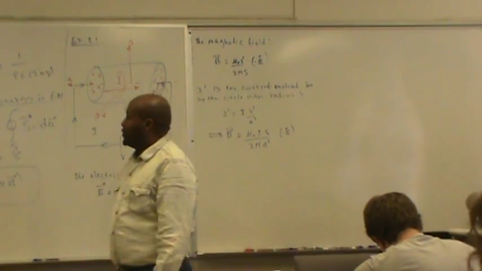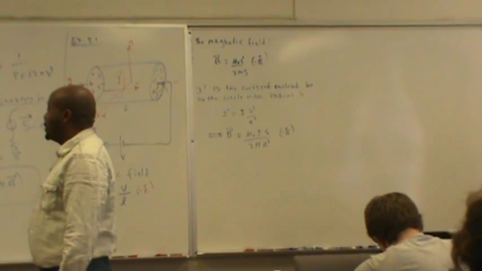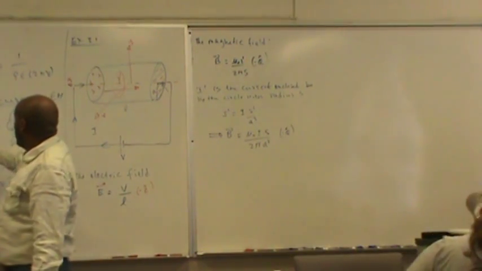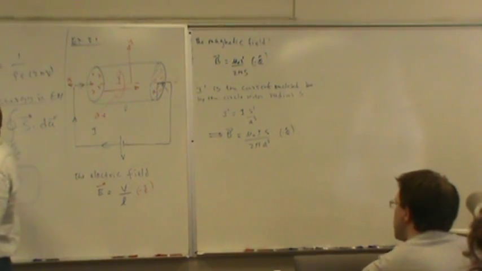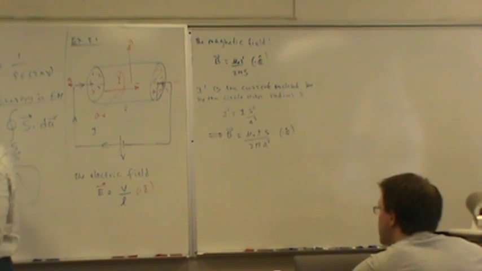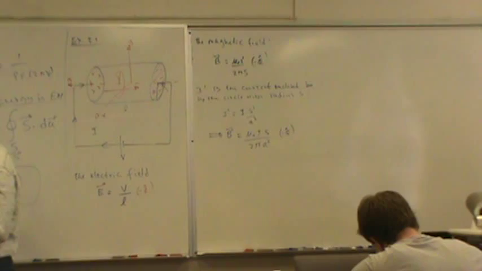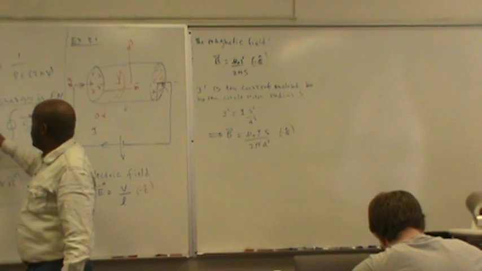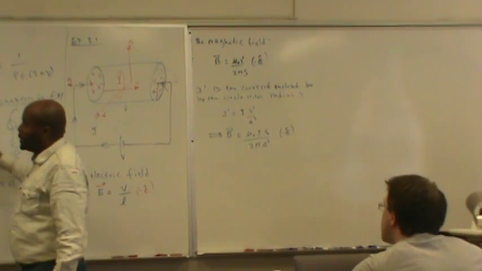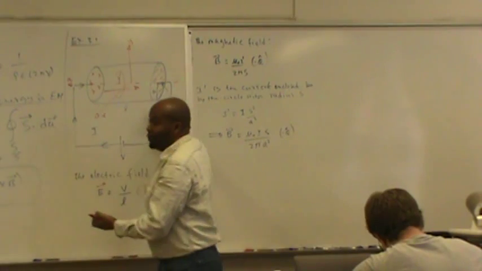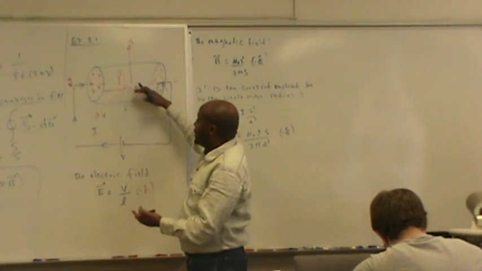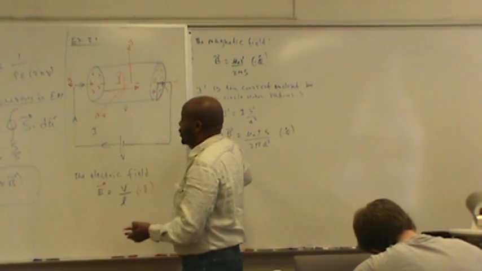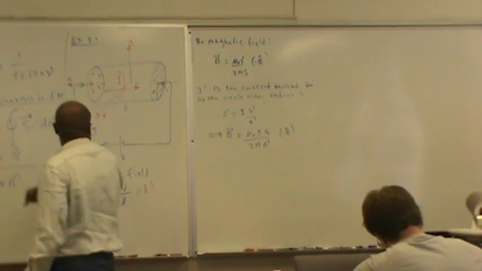So we are interested in the power delivered by the source using the Poynting theorem. The power delivered is just the work done per unit time. So this is what we want to find. According to this, it's the rate of change of electromagnetic energy per unit time over that volume. And if you calculate this energy,